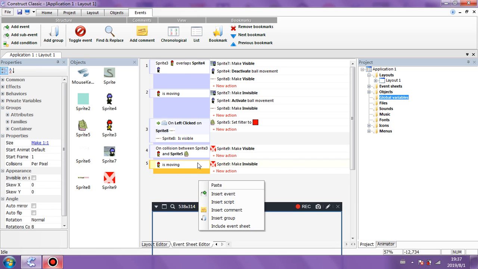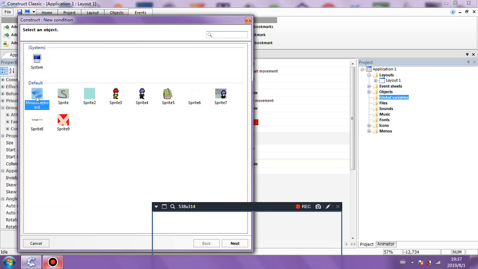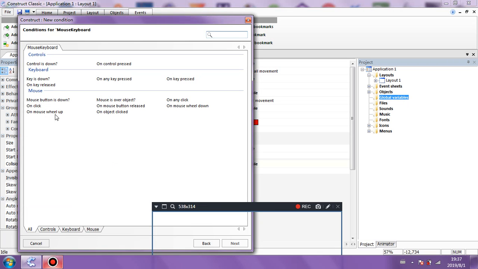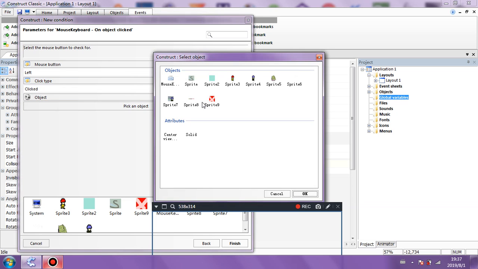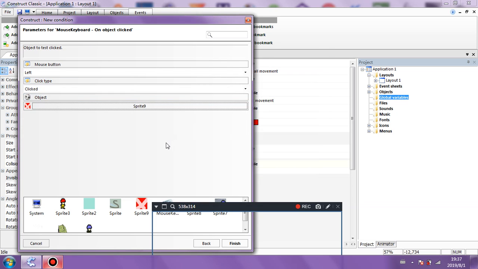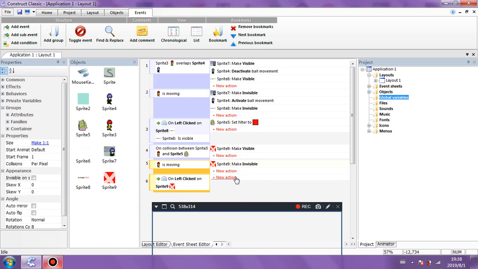Okay, event. Mouse and keyboard. Click on an object clicked. Okay, left click, yes. This X thing here. Okay, finish. What's going to happen?